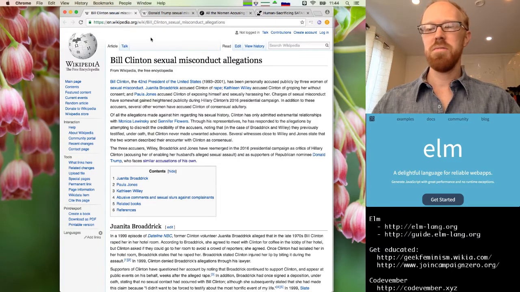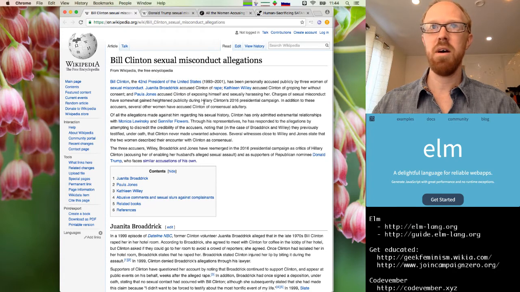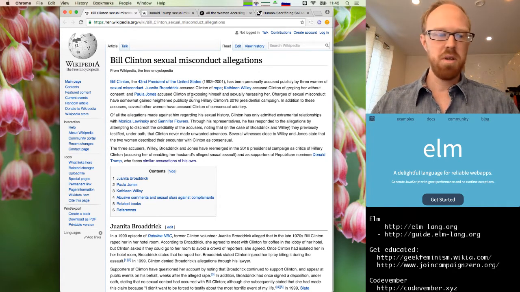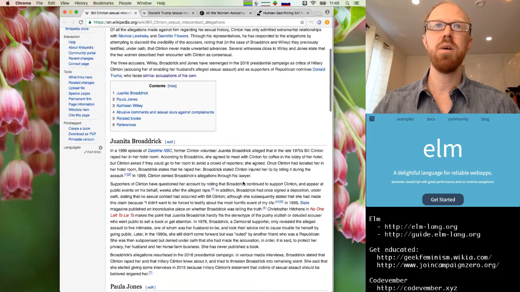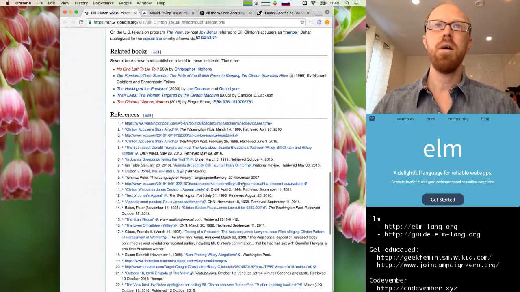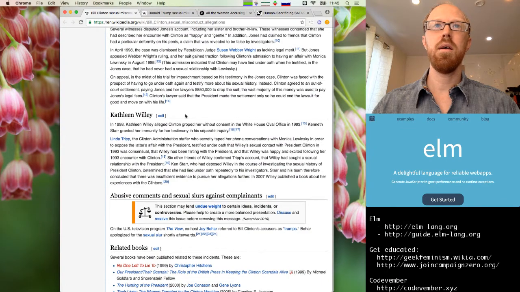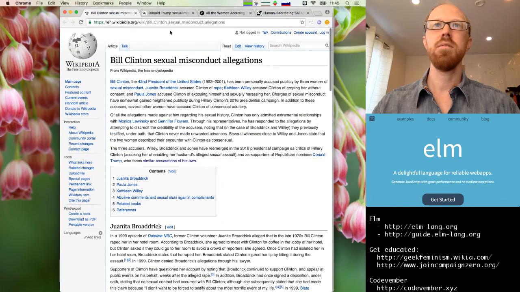The other thing I was briefly looking at was the sexual misconduct allegations. So I wanted to put that into perspective with Bill Clinton. Again, Wikipedia seems to be a reasonable source of information for all this. So here's the page about Bill Clinton listing 3 specific cases: Juanita Broaddrick, Paula Jones, and Kathleen Willey. In comparison,